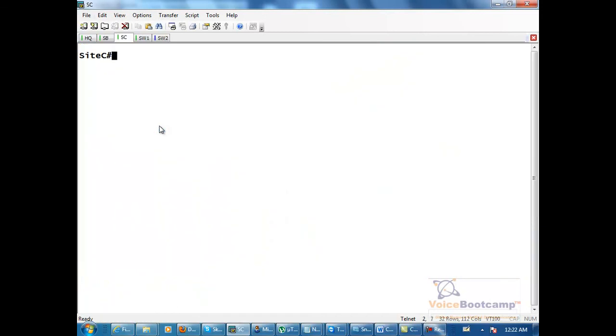what I suggest is type a copy run, copy the running config into a file called static pool dot